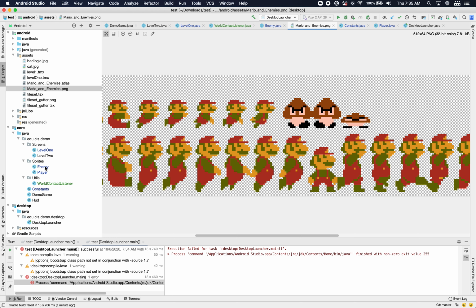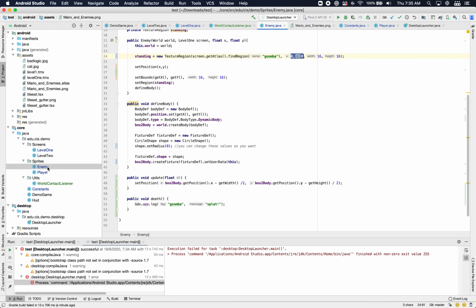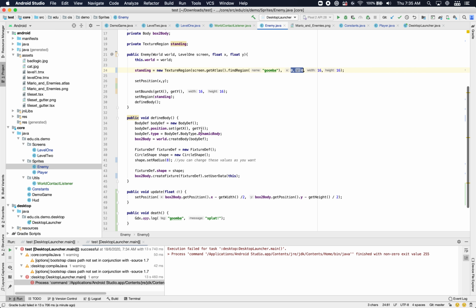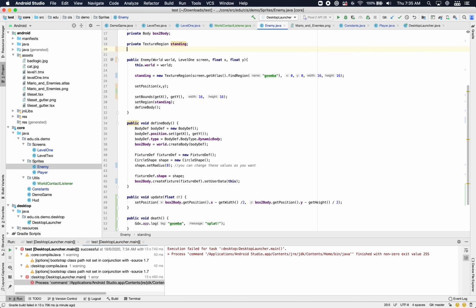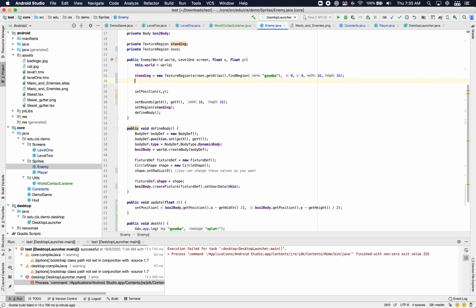So what we'll want to do is set the texture of the enemy whenever it's dead to something completely new. So then we'll create a private texture region dead method, and we are going to load that up in the constructor, and we're going to say new texture region